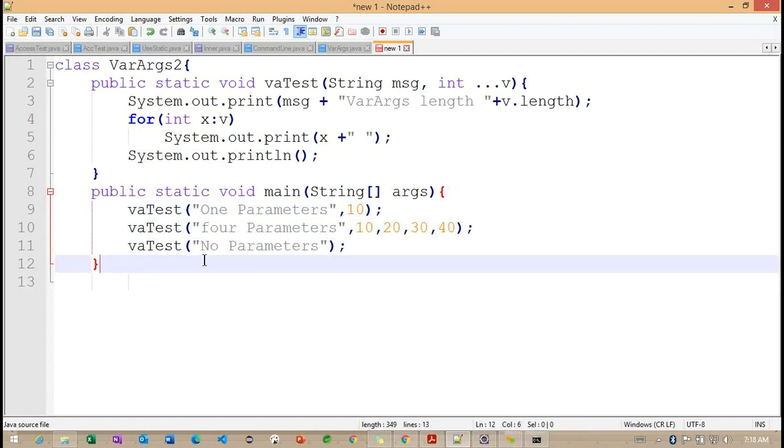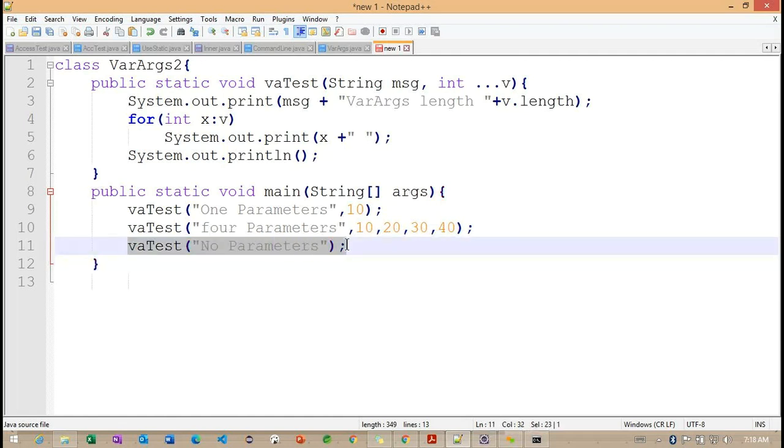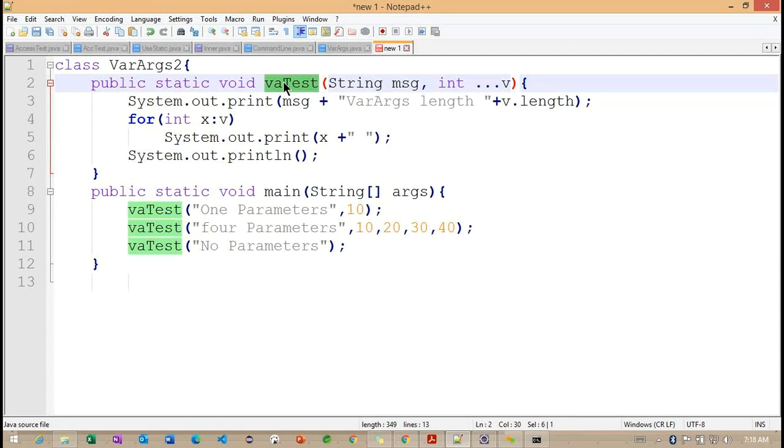No parameters. Okay, now you can observe, this is basically the simple method which is expecting one string as a parameter. But the particular string parameter we don't have here. So what will it do? Again, the compiler will go for the second option, the var method with a string parameter.